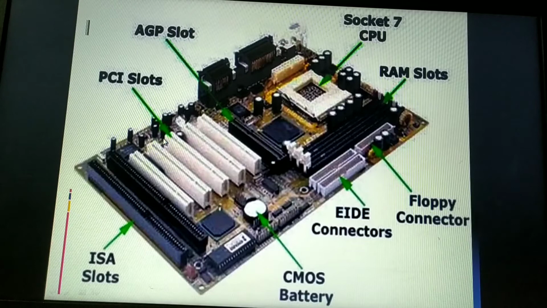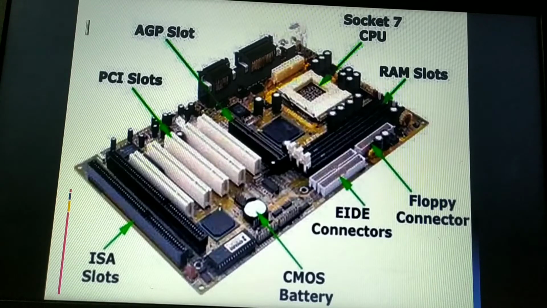Then moving on to the next one, the PCI slot, that is the Peripheral Component Interconnect slot. These PCI slots usually connect to the graphic accelerator cards. Your Windows operating system is GUI based, that is a graphical user interface. So it's all because of these PCI slots providing you the graphic card. Usually the PCI will provide 2-dimension graphics. Plus PCI also helps you to connect the sound cards. It will also support internal modems or SCSI cards.